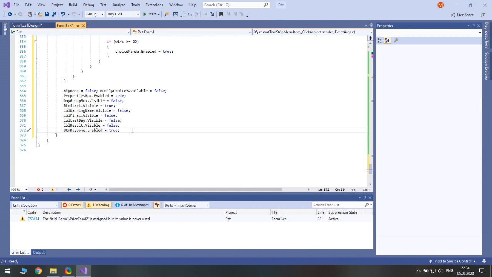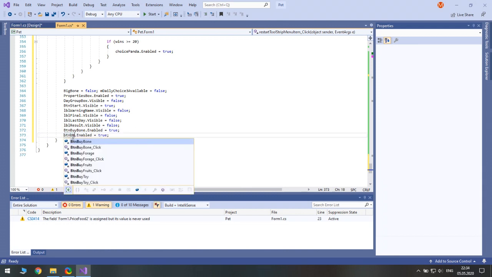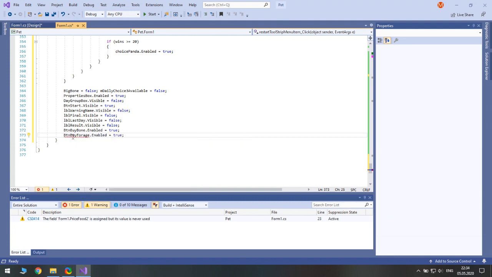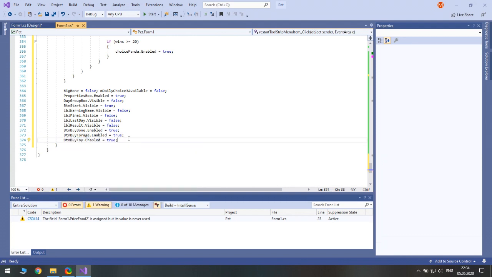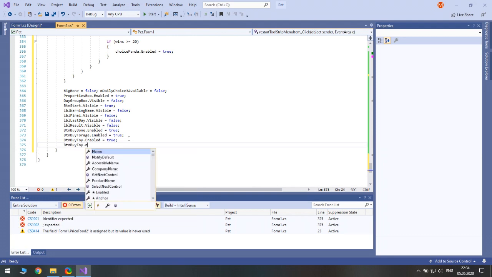Then button buy forage equals true. Then button buy toy is enabled, and then we should make our button next visible.